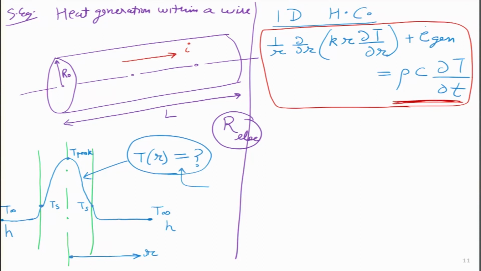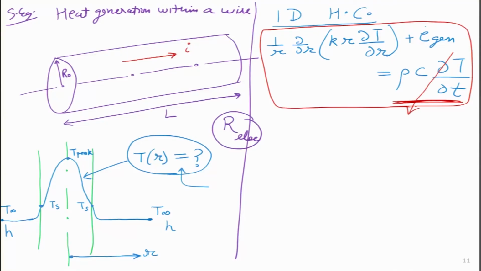If we are running current through this particular wire for a very long time, and it has been in this room for a long time, and room temperature is also steady, then under those conditions I can assume that temperature may be changing with radius, but at any point the temperature is not changing with time, which means immediately I can say that because it is the steady state, this transient term equals 0. Good, that has simplified our equation a lot.